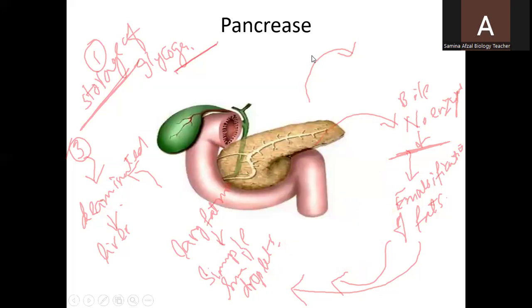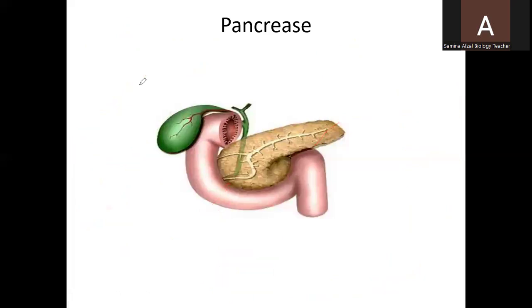Next is the pancreas, a leaf-like structure. The pancreas is very important and it secretes the pancreatic juice. And this pancreatic juice has three different types of enzymes: amylase,